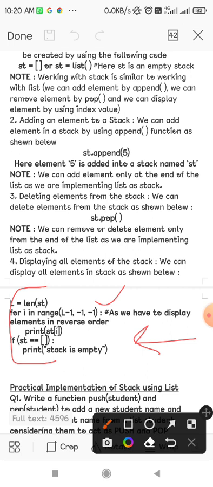We may check whether the stack is empty. If the stack is empty, we may handle it. Otherwise, we may run a loop and just call the pop function. Keep on calling the pop function as long as the loop runs. In this manner, the whole stack will be emptied. So these are some of the functions that we use on stacks.